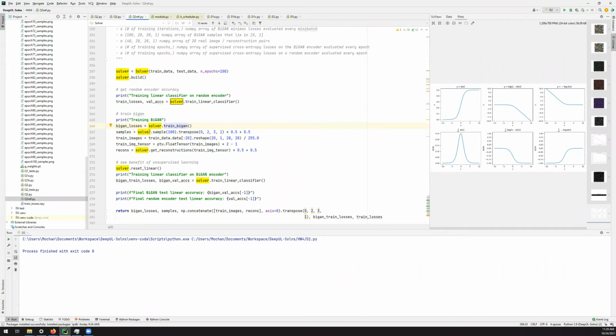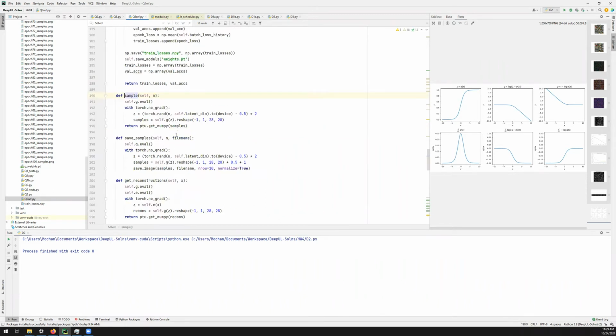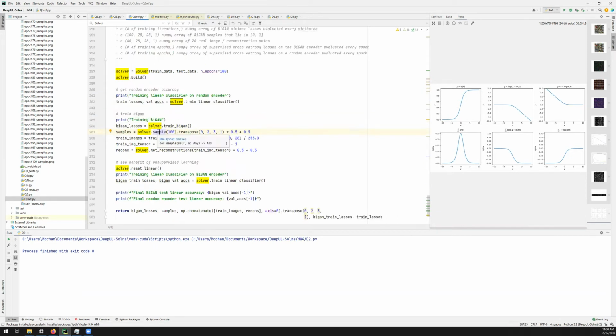So samples. And so this is sampling 100. So you just take 100 random ones. There's some shifting and biasing here. And then you let the generator generate the samples and then turn it into a NumPy array. And then you shape it into the image. So you get the samples here, and then you get the training images. So you take the first 20, you reshape it,